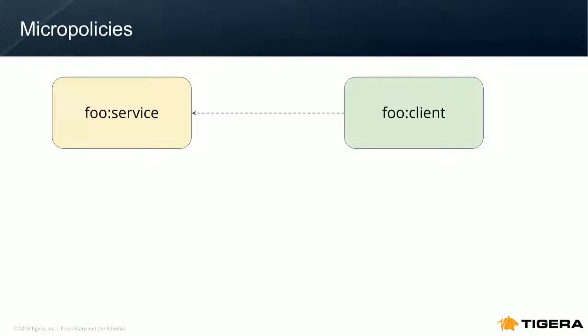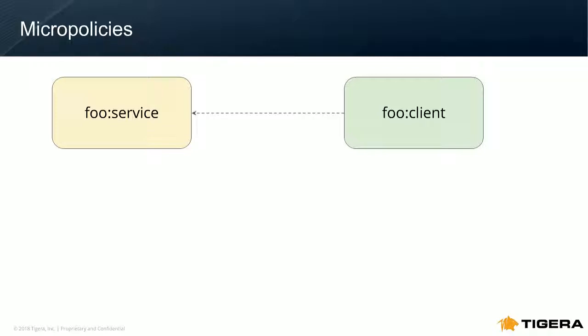So these policies you've been seeing, let's talk now a little bit more about these. For those of you who've managed firewall policies in the past, they're big, complex beasts, multifaceted. This thing has all of these potential connections. This other thing has all these other potential connections. That becomes hard to introspect, hard to break down. How many places do I need to go change to say I'm only going to allow 443 now versus port 80? All my firewall rules might have to change because these are unique to every endpoint. Instead, we can start thinking about micropolicies.